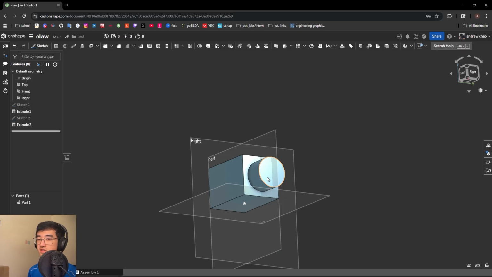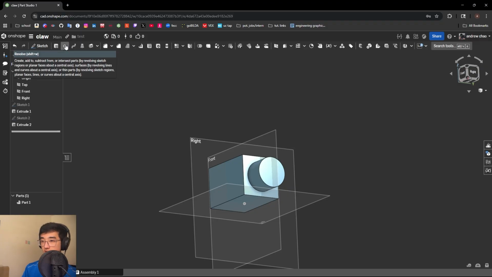And I know this all sounds really simple already, but there are a lot of things you can do with just making boxes and cylinders. There are a lot of different shapes you can make. Let's see. There is a Revolve feature. Okay, let's